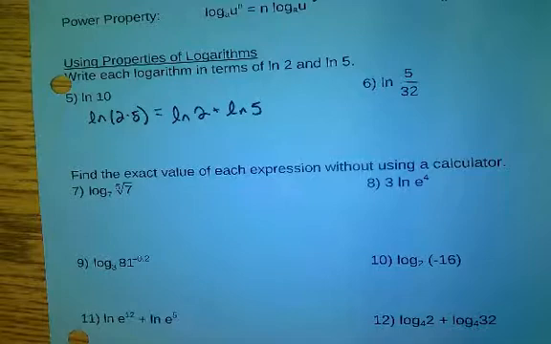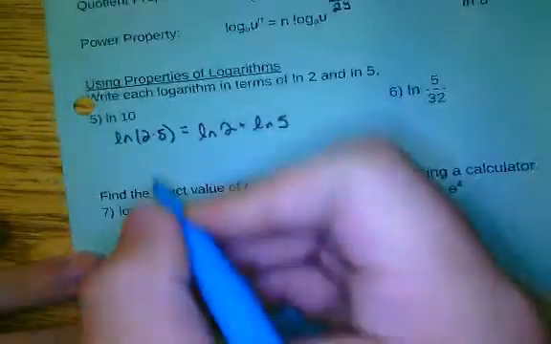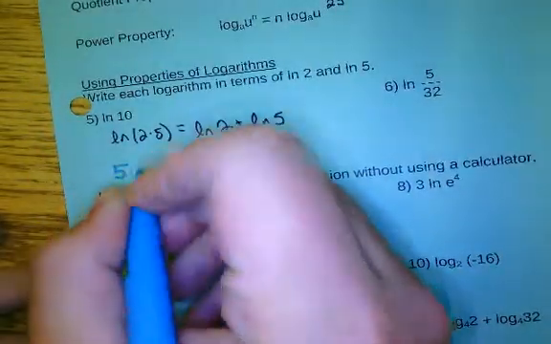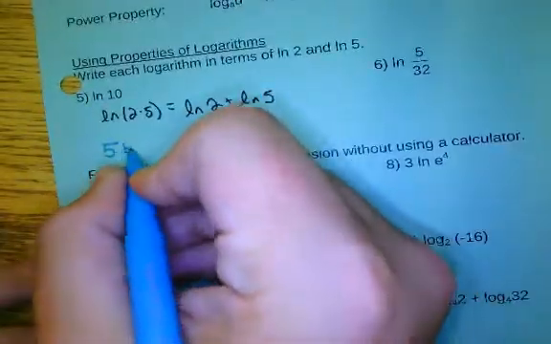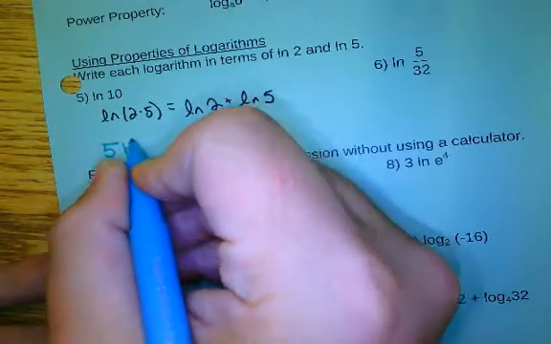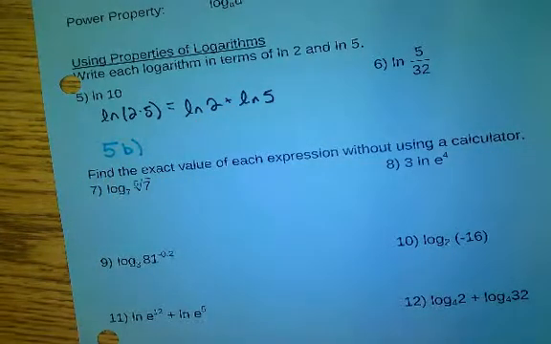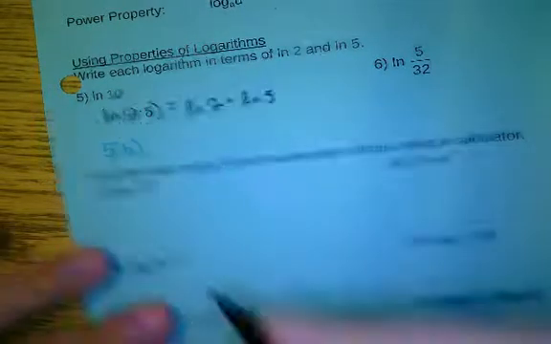Hey, I'm going to do another problem that's not on here real quick to prep you for number 6. Otherwise, you're going to be very scared. So I'm going to call this 5B. Can we even see this? It's almost the same color as the paper. 5B. So, I don't know. I'm going to do